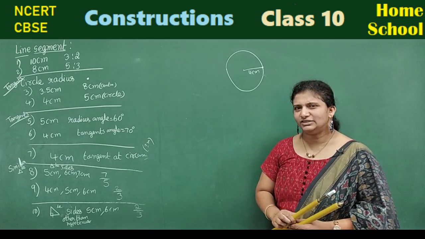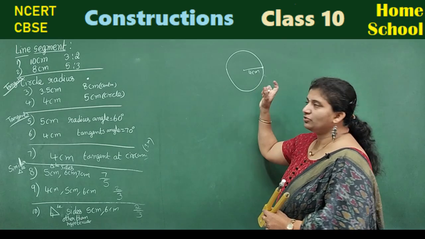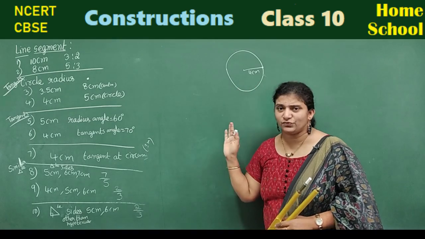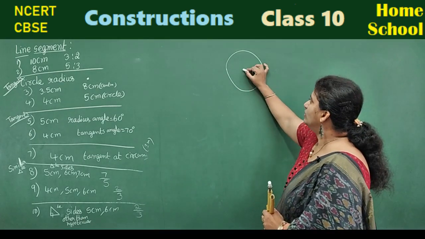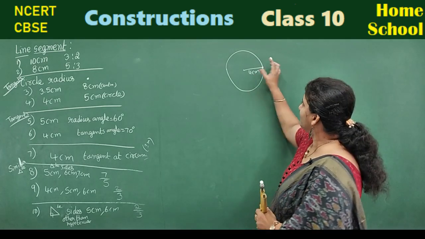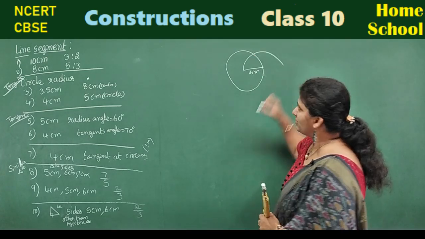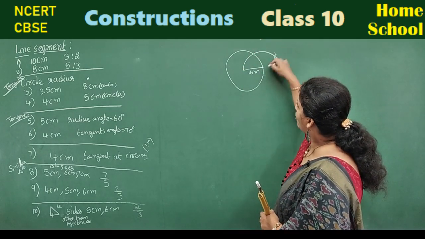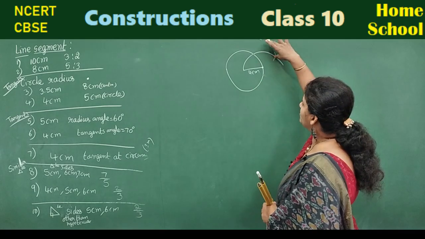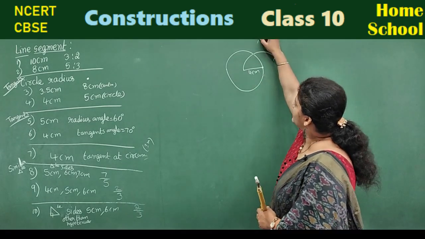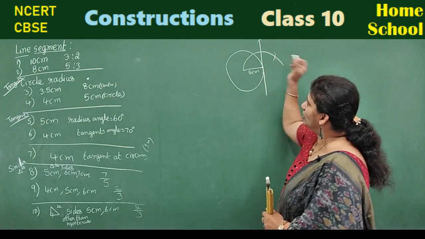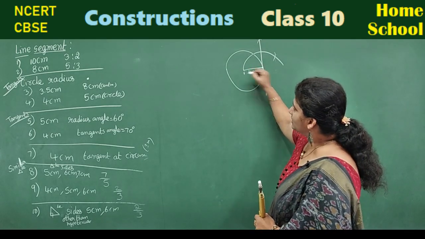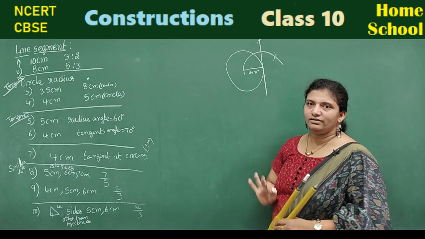Do you remember how to draw a tangent? I am just going to show you roughly now. First thing, if you need to draw a tangent for a circle of radius 4 centimeters, what do we need to do? First draw the radius. Then with the same measurement, draw a semicircle. And again lift the compass, put it on one arc of the semicircle, and from here cut the arc. From that intersecting arc, join. This is your tangent.